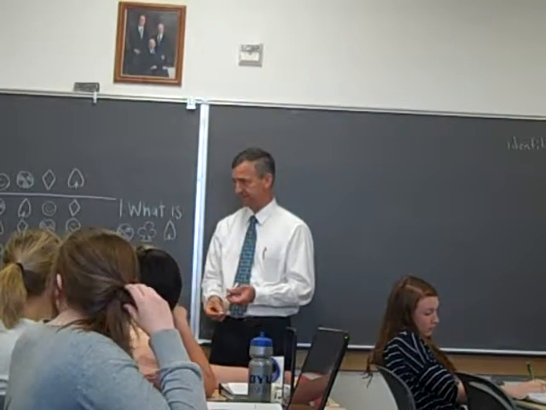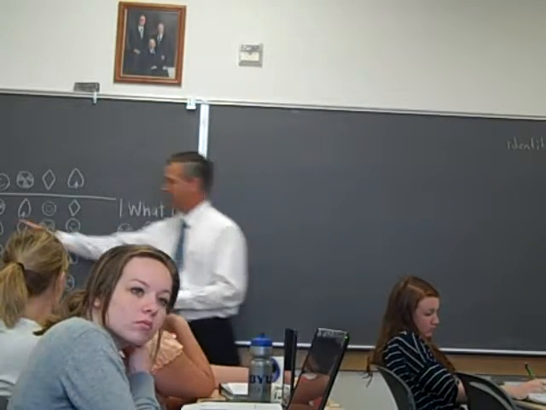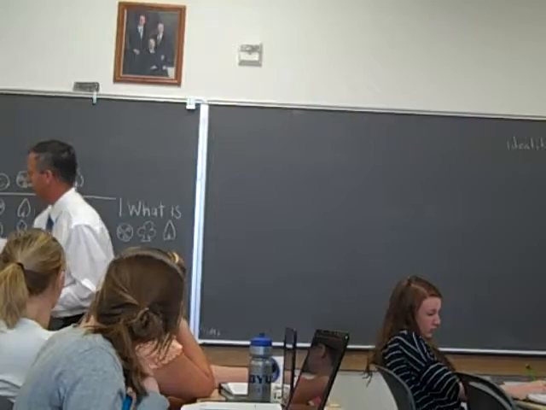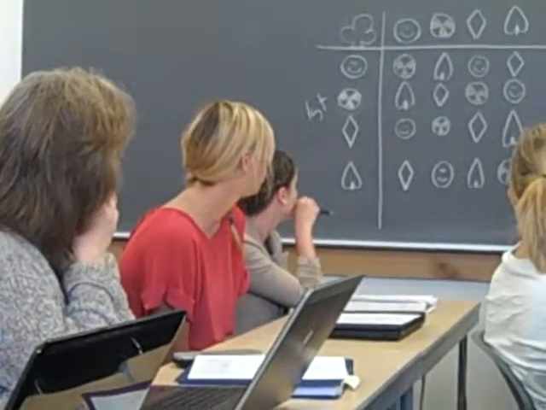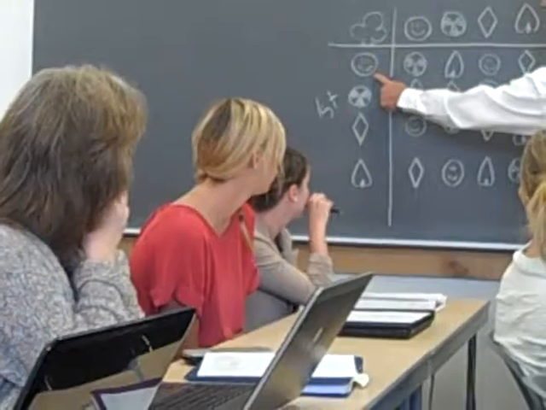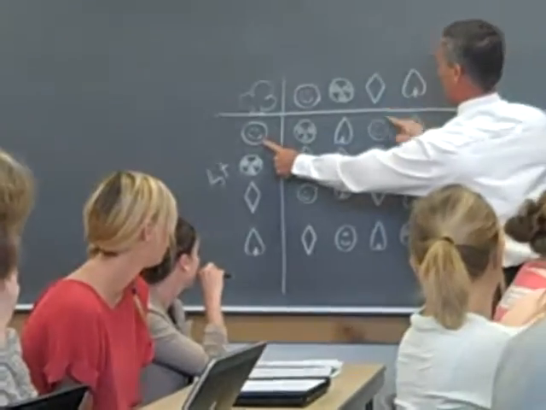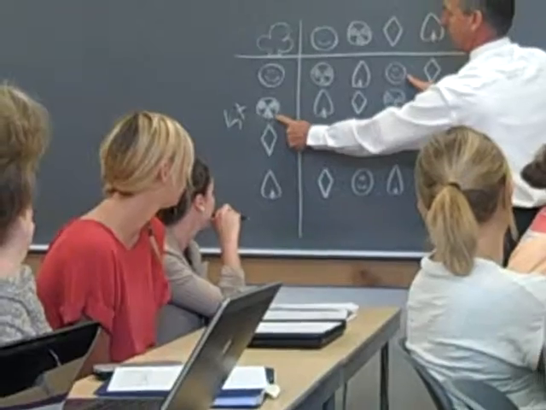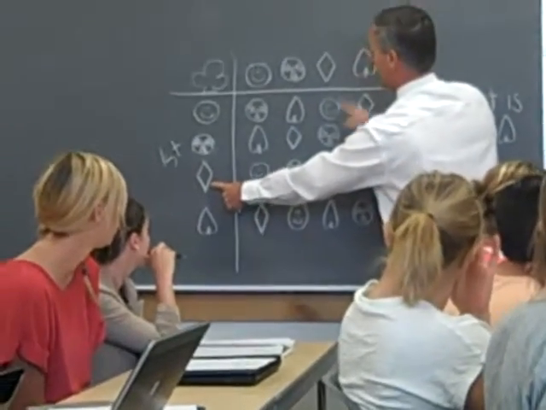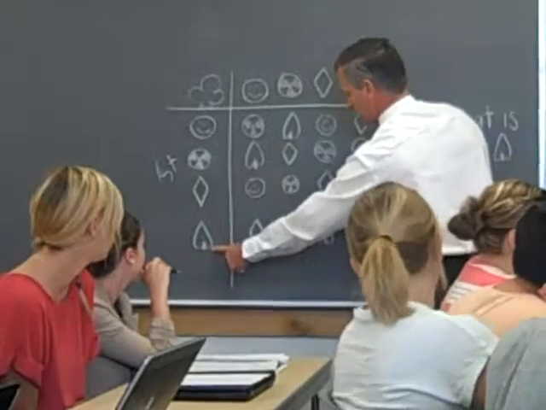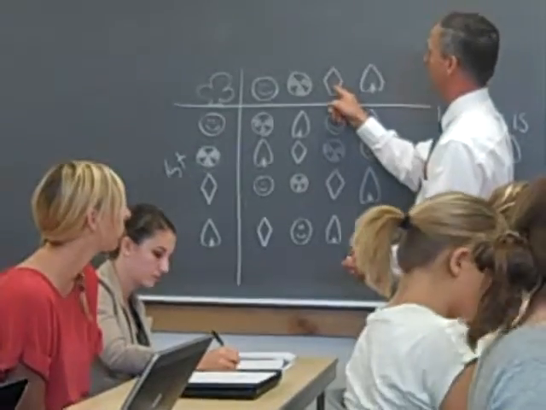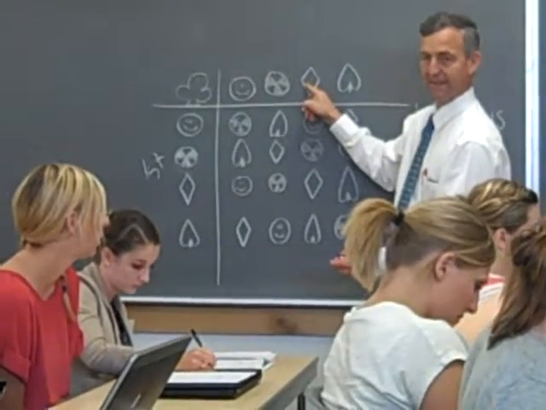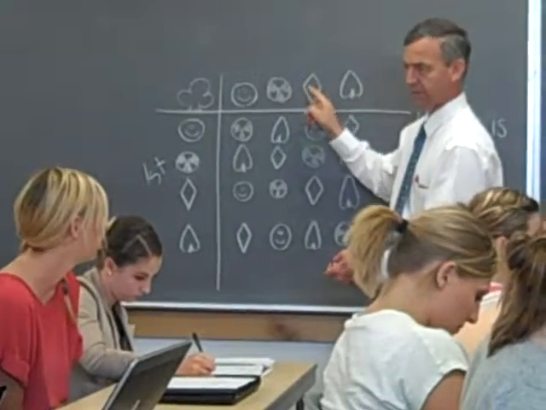Yes, Catherine. It's the diamond, because whenever you take your first shape, let's say this is the first shape, then you spade it or whatever you do to it, you use your operation and operate on it. The only shape that you can do that to get the first shape again is the diamond. So the diamond did nothing to this. What did it do to the wheel? Nothing. What did it do to the diamond? Nothing. What did it do to the spade? Nothing. Right? That's how we know that this is the identity element, because it does nothing.